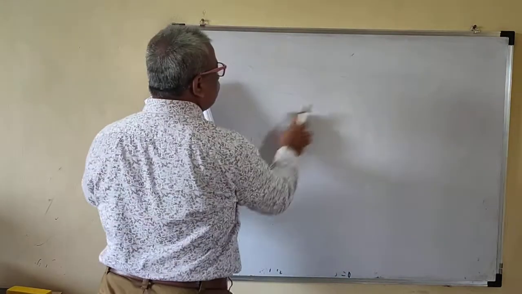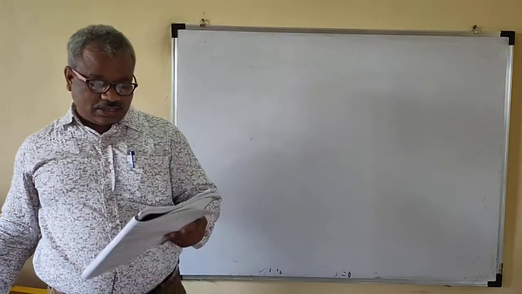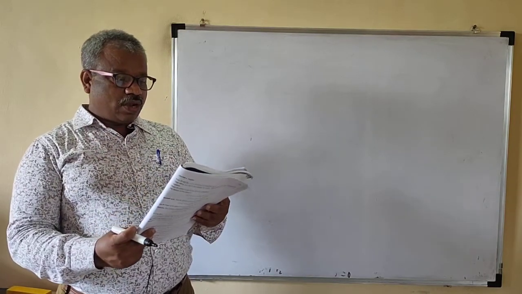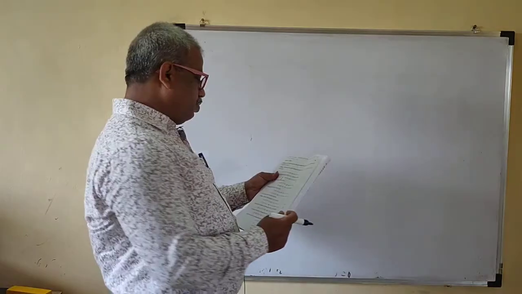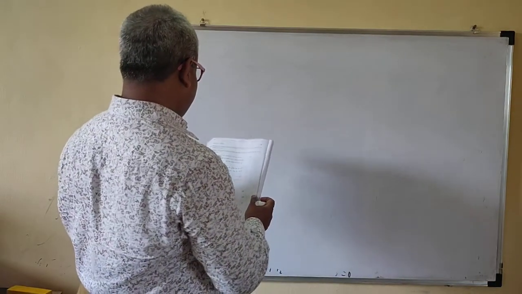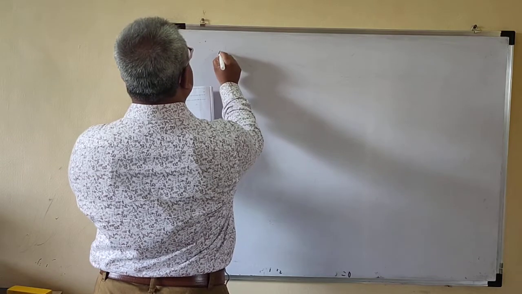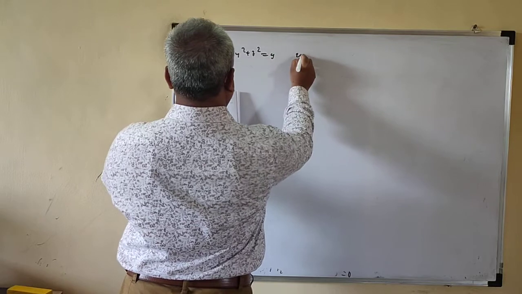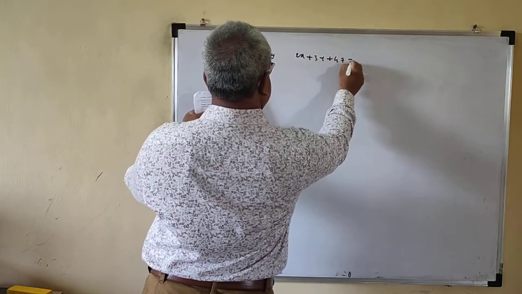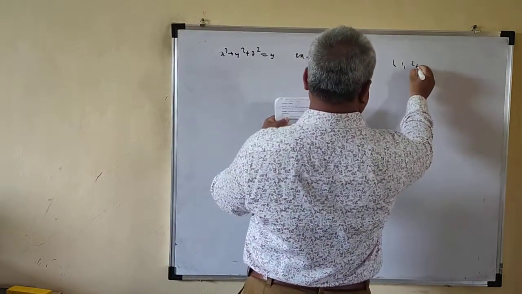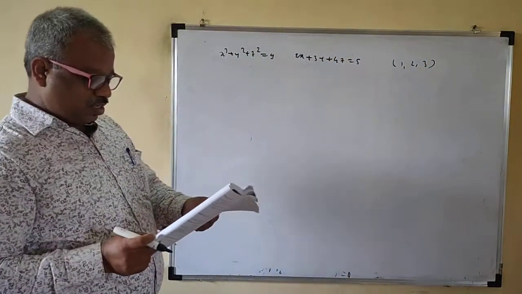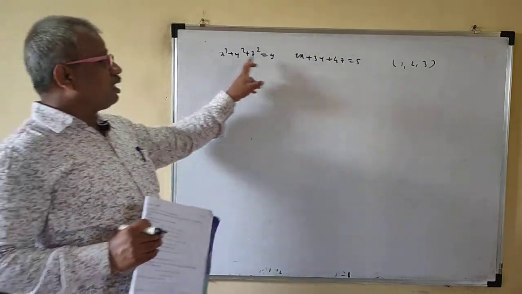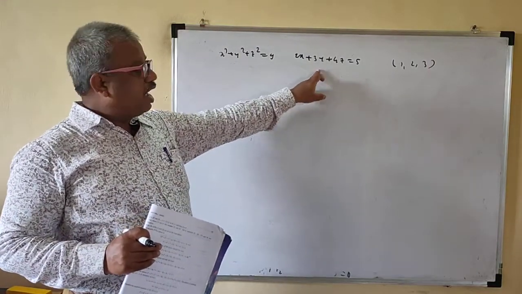So in the problem, you have to take two spheres. It may be given somewhere in examples. Okay, so you can do that. Find the equation of the sphere through the circle x square plus y square plus z square is equal to 9, twice x plus 3y plus 4z is equal to 5, and the point 1 2 3. So you have to find the equation of the sphere containing the circle and passing through the point.